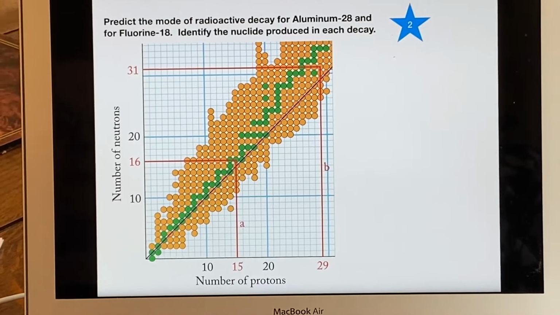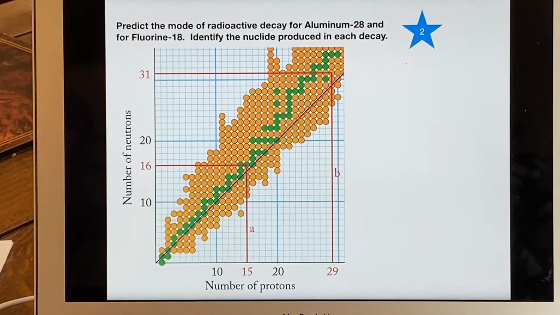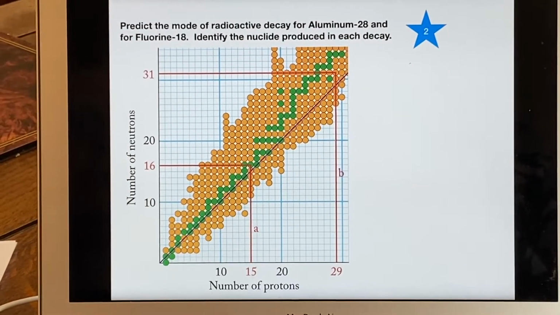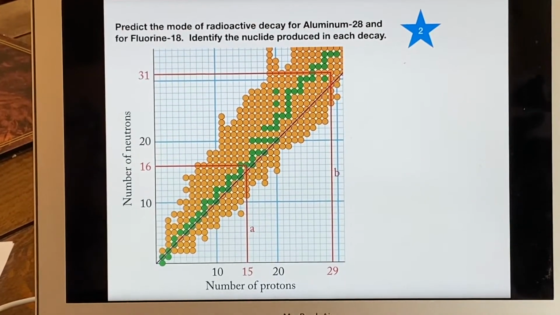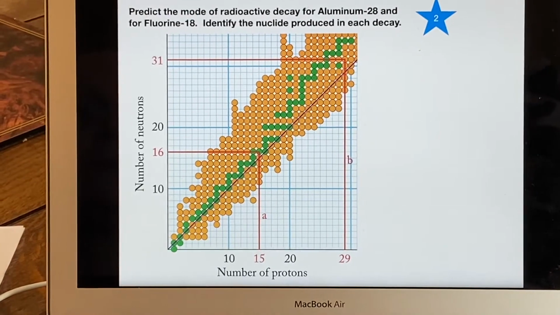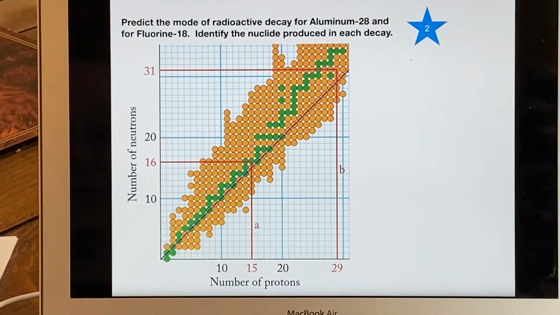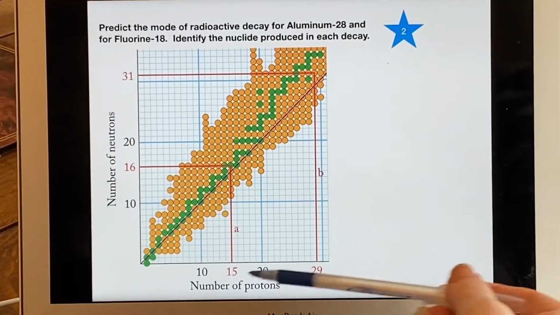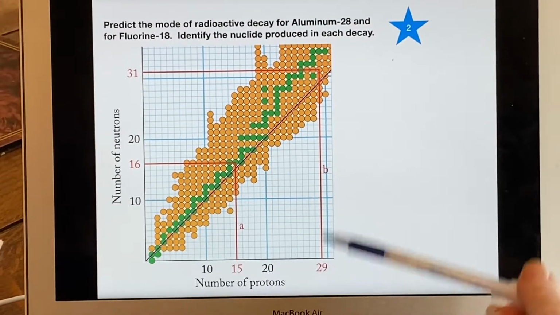And we have number 2 here. Now this just says predict the mode of radioactive decay for 2 different things, aluminum 28 and fluorine 18. And then it says identify the nuclide produced in each decay. So for number 2, we're going to, first of all, let's see, these are marked for some other problem because